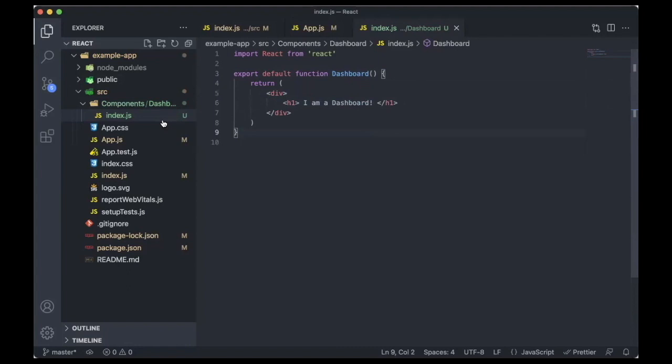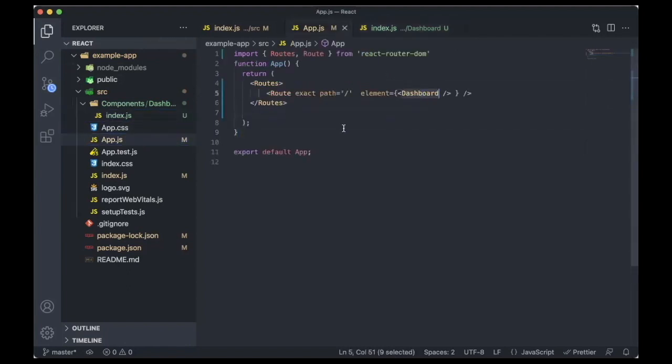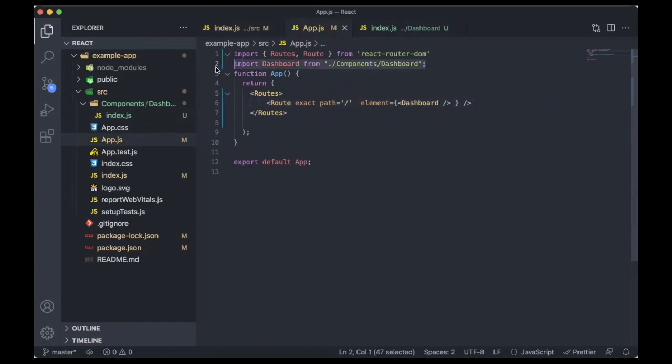All right. Now, let's make sure that this dashboard component is imported in our app.js component. So I'll again call the dashboard, and you can see that the autocomplete feature is able to find the dashboard component. Now let's click on this, and yes, the dashboard component is added to our application. So that's it. This is how you create your routing configuration using React Router version 6. Now let us look at the next thing in React Router version 6.